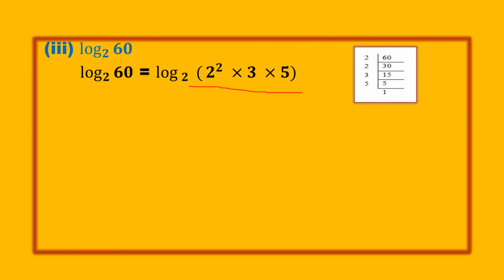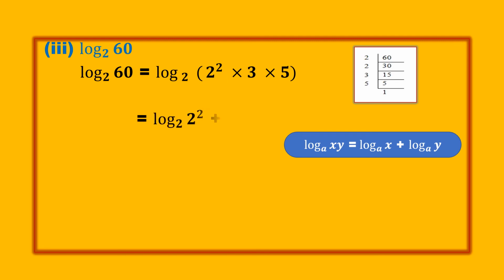Okay, so here if you observe, it is multiplication. Whenever multiplication, we should give this logarithm to three of them, as well as we should put plus in between, because multiplication's friend is plus. Okay, so log 2 base 2 here plus log 3 base 2 plus log 5 base 2. This multiplication's friend is plus, and the logarithm will be distributed to three of them.